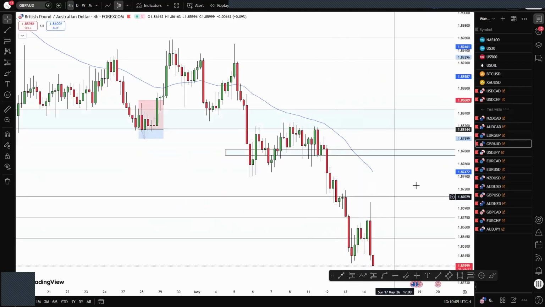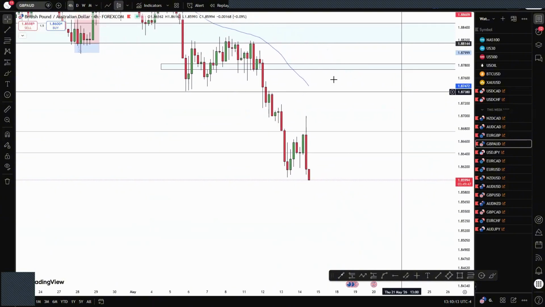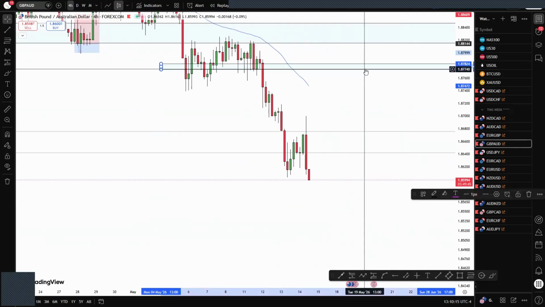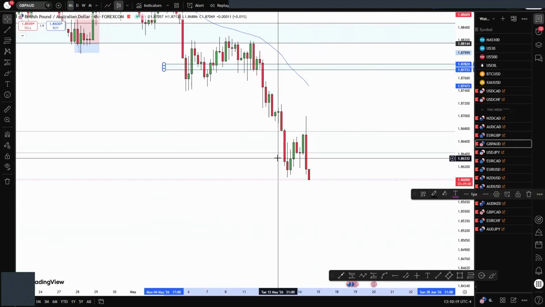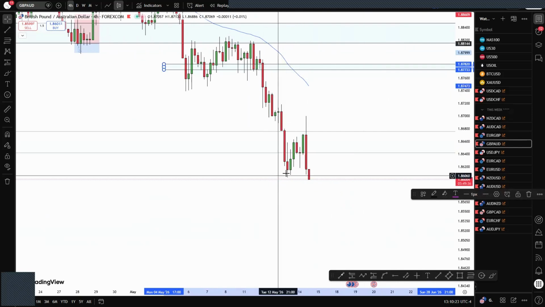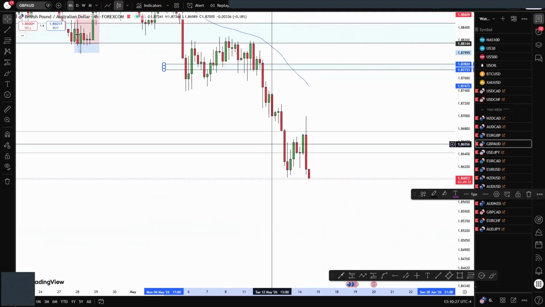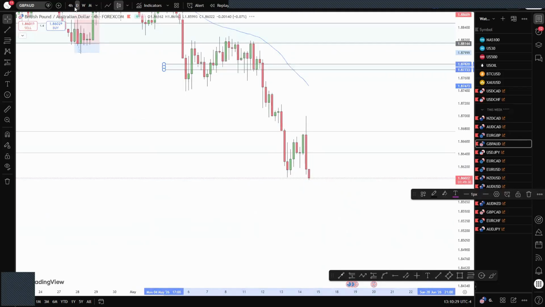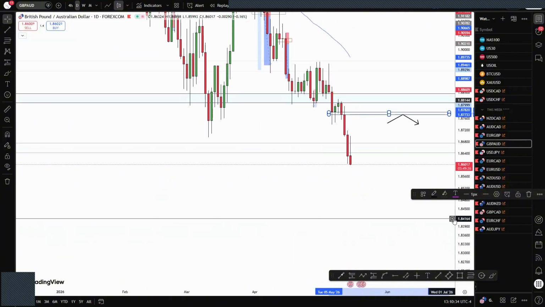GBPAUD. With the look of things, price might not come back here this week because you've seen we've made a new lower low again. We are about to make a new lower low if price closes below this. And on the daily time frame, this is a strong daily push,